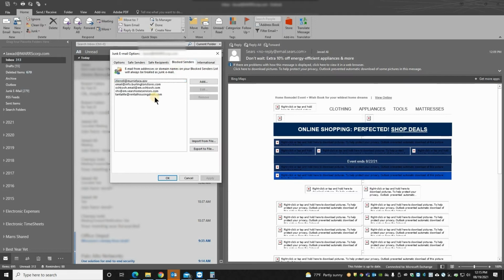And then the blocked senders, these are the people I blocked. Under the blocked senders, like this email address, I blocked it. I don't know, maybe he sent me a suspicious email, so I blocked the sender. I don't want to receive those emails in my inbox. So this is how you can block senders, or you can make them safe to receive in your inbox.